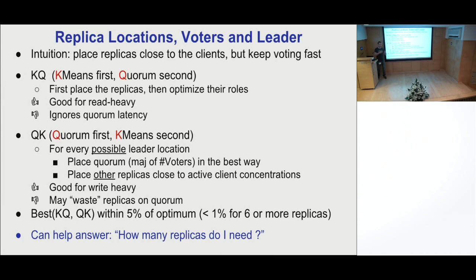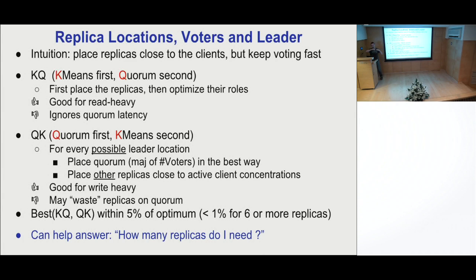And the idea is that we place replicas in concentrations of active clients. But we also want the voting to be fast. So we chose these two heuristics based on k-means. One is called KQ, k-means first, quorum later. So we first place all the replicas next to the clients, and then use the previous algorithms to pick the